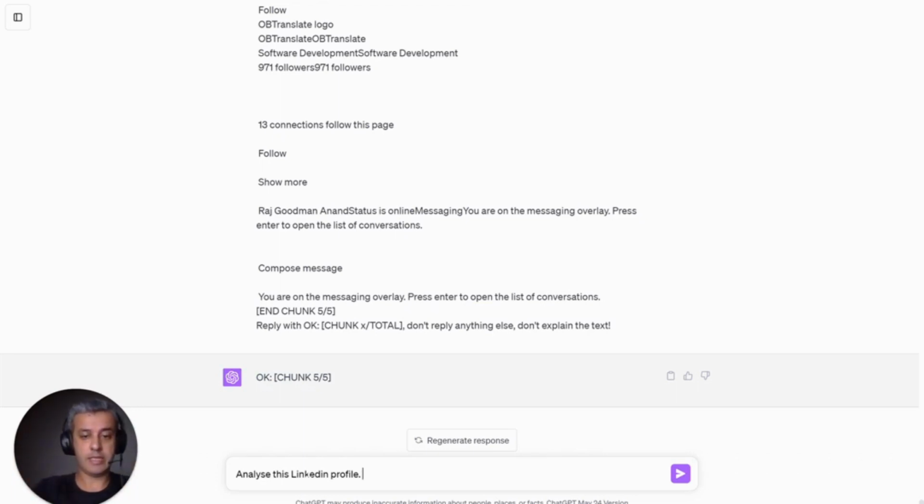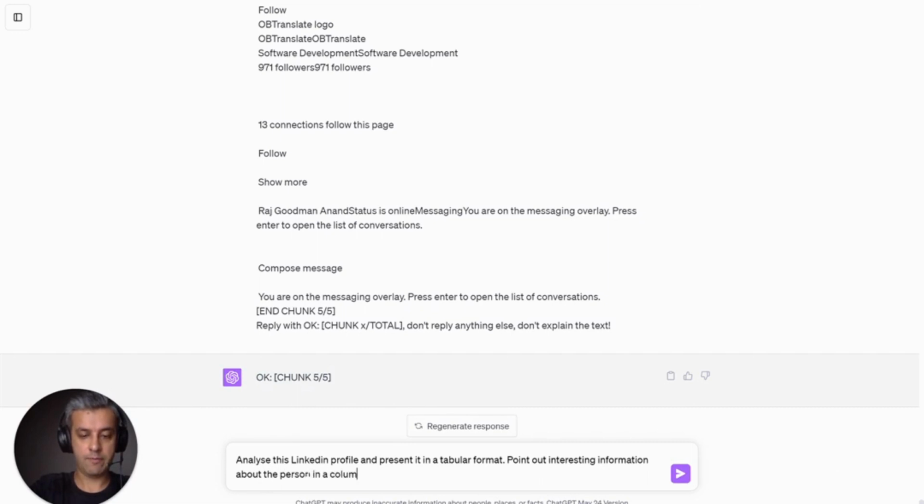And for that, what I do is I say, break down the LinkedIn profile and present it in a tabular or table-like format. What that does is it makes it easy to scan through the information very quickly. And what I like to also say to it is to make sure it points out interesting information about the person